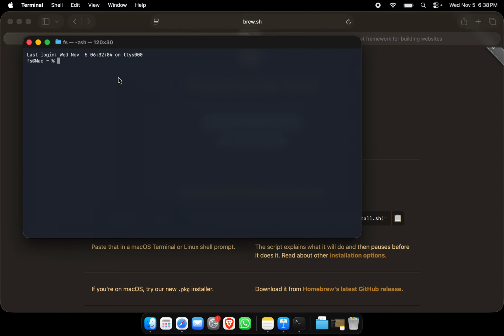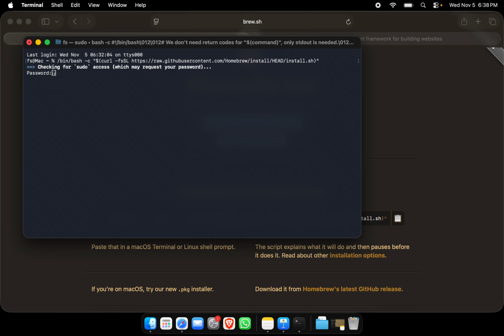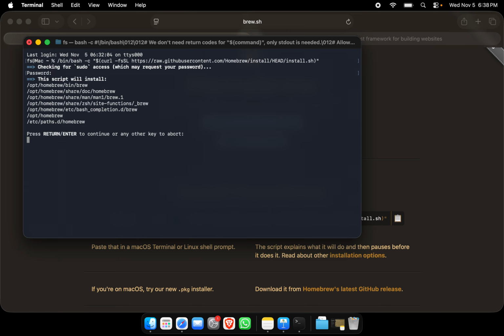And once the terminal is open, then just paste that command which you copied from there and just press the return key of your keyboard, and very shortly it will ask you to put your password. I'm going to type my Mac password. Once you type the password, then we have to hit the return key,